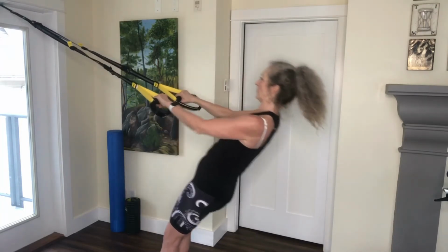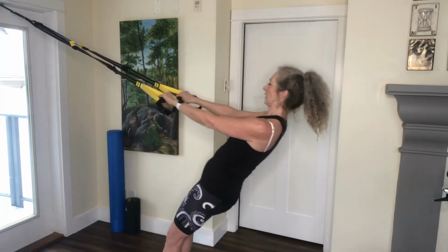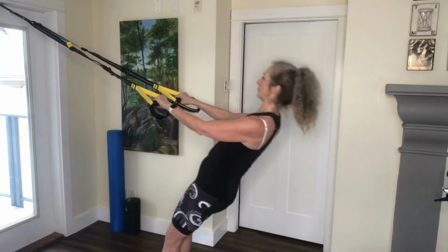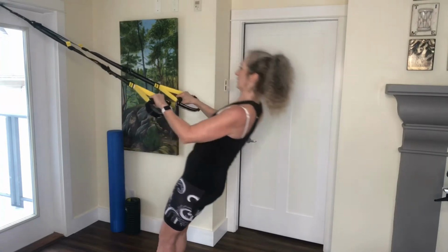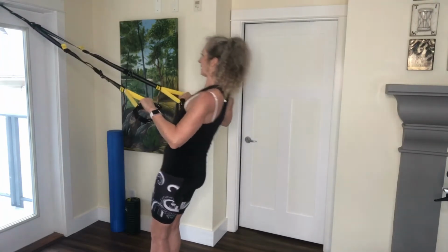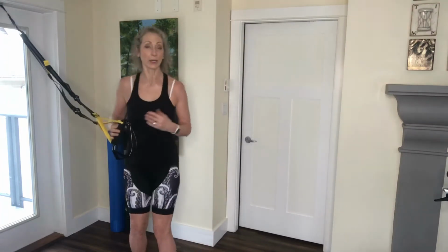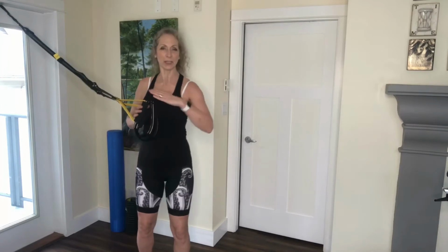Let's go 5 more. 5, 4, 3. Pause at the top of the move. Don't just use momentum. And last one. Great. So now I'm going to work my triceps because I've done a lot of stuff for